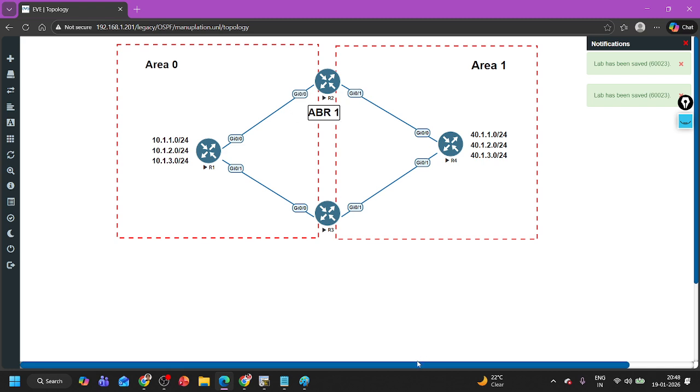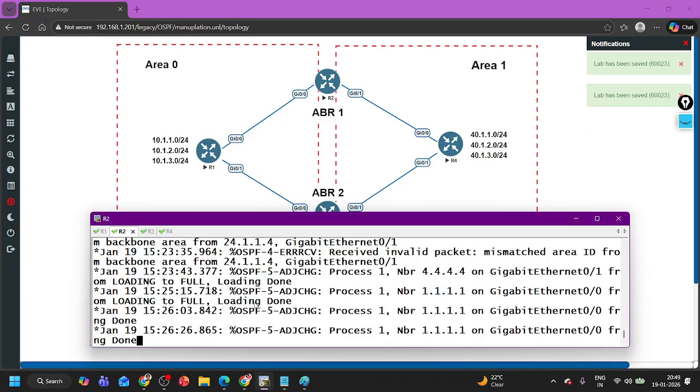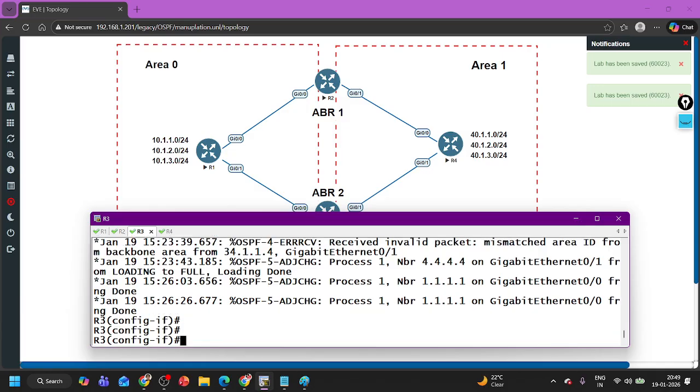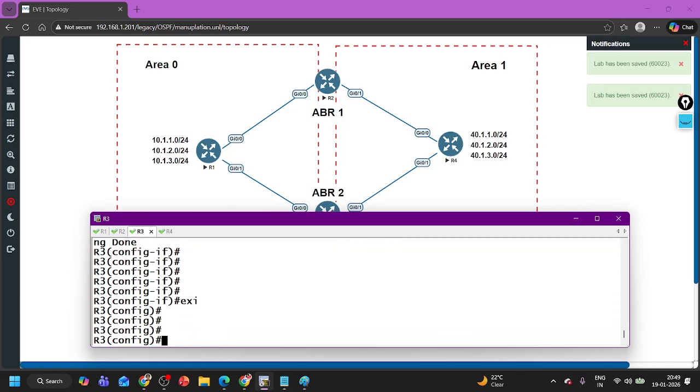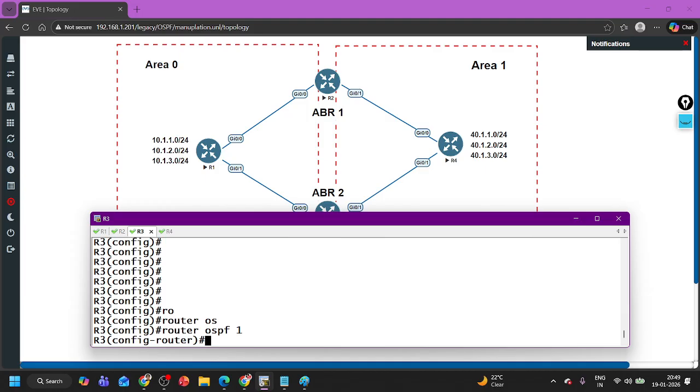ABR1 should be my primary router and ABR2 should be my backup router. Or if these are ISPs, then ISP1 should be my primary and ISP2 my backup. The easiest step is on router number 3, run the max-metric command under router OSPF process 1,